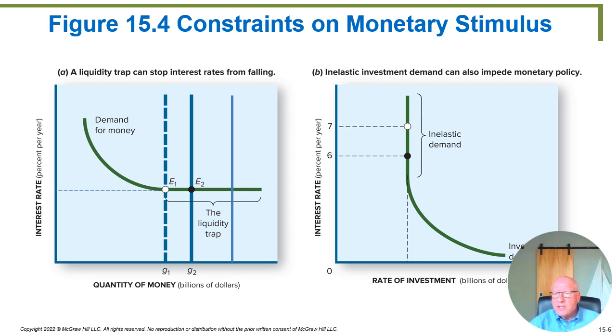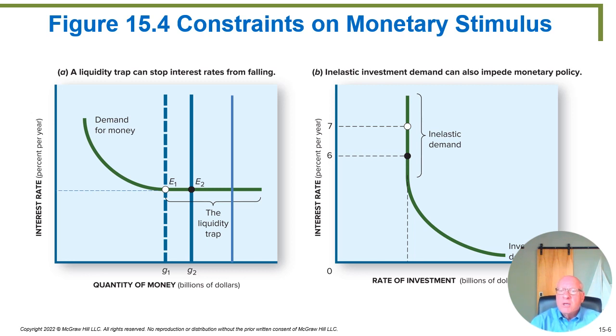That means interest rates will not be driven down any further, because here we had, what, $1 billion of cash printed. Here we have $2 billion. Over here we have $5 billion. What are people doing with all this extra money? Well, they're not driving down interest rates. Instead, they're just leaving the money in the checking account.